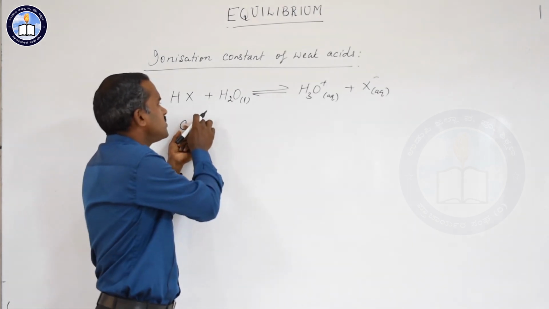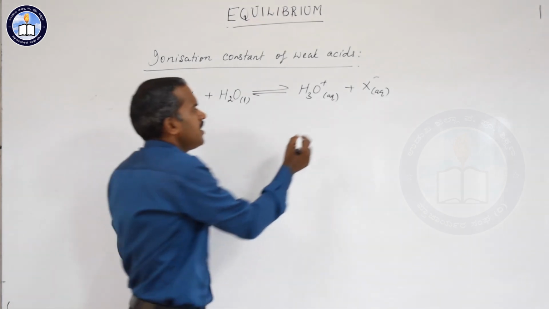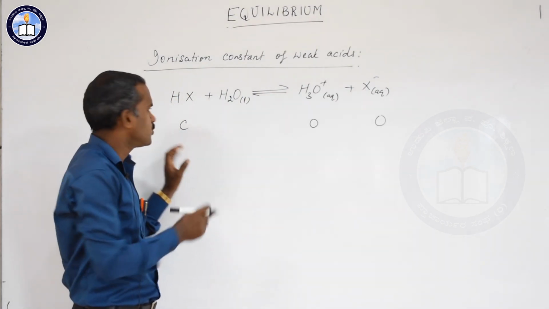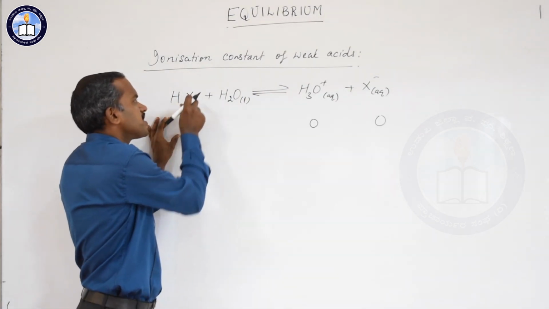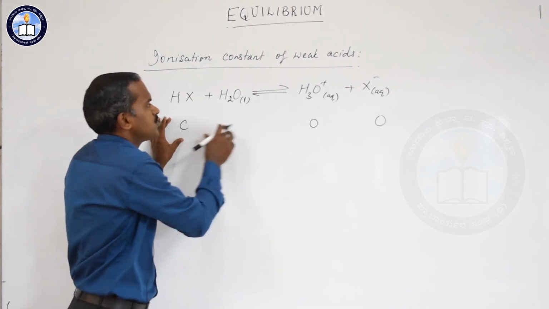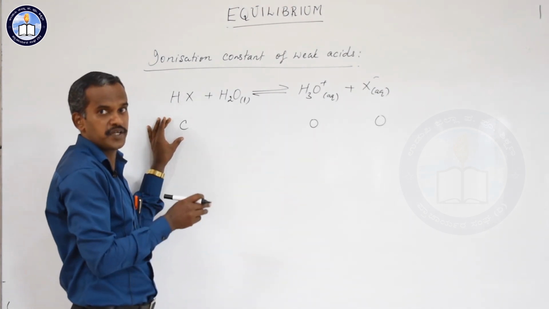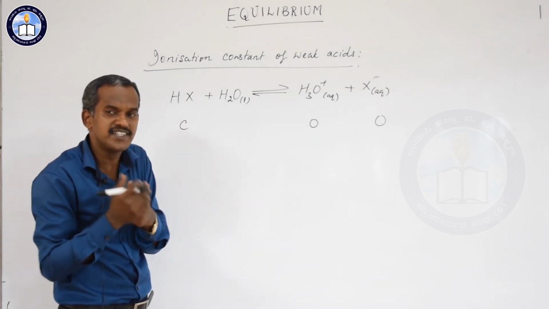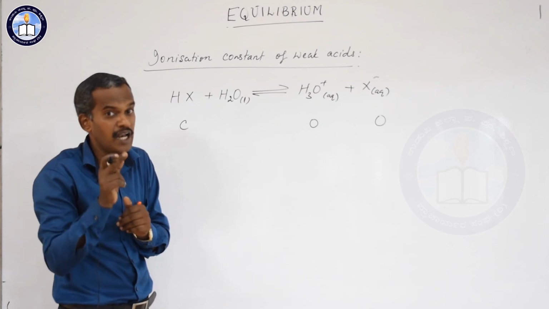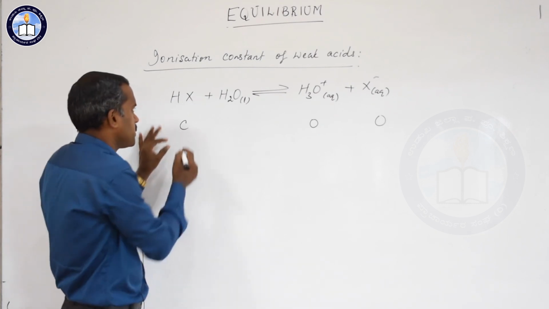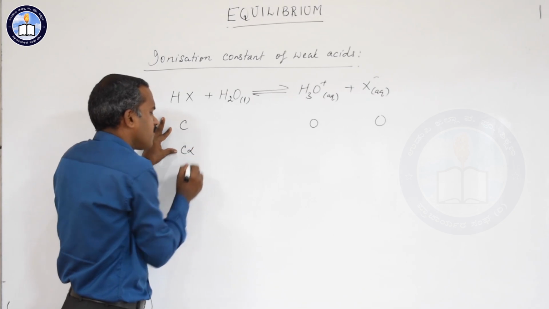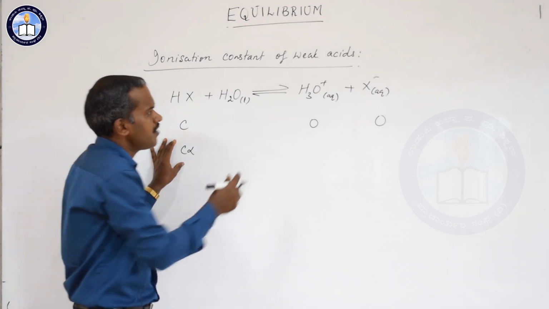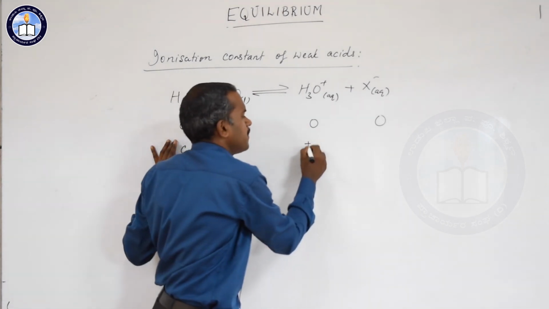Now since it is at 0 time, the reaction has not started. I will write here it is not formed, I'll write 0 and 0. Are you getting? So let C be the initial concentration of the weak acid. It is not dissociated at time 0, T0. Now after a particular time, if alpha is the extent of dissociation, then I can write it as C alpha. In terms of molar, we express the concentration after time T. Here we say it is getting formed, so I will write here plus C alpha.